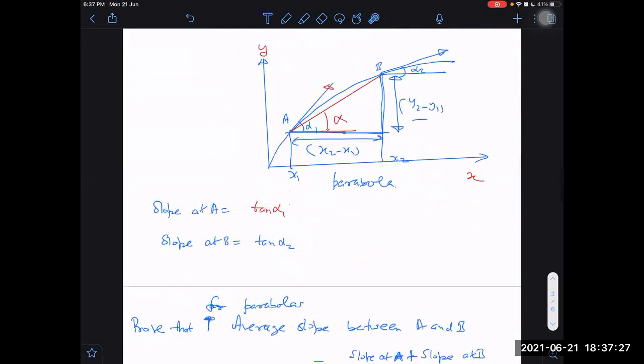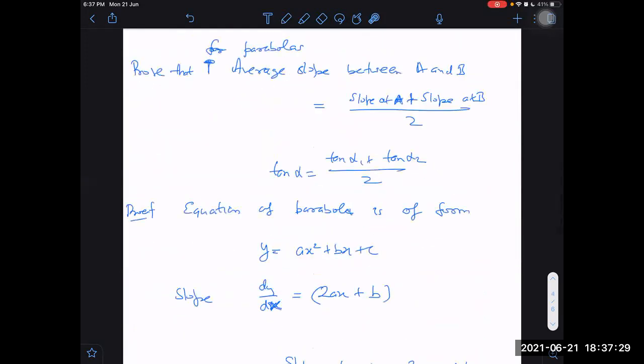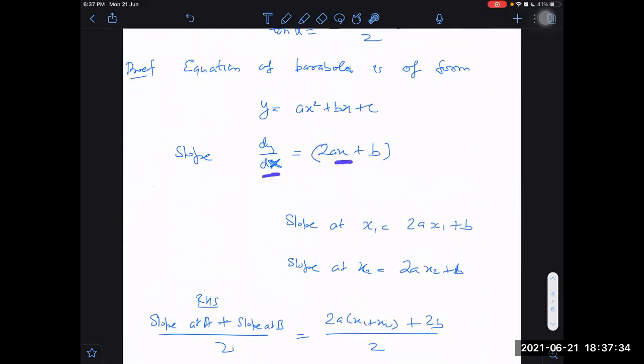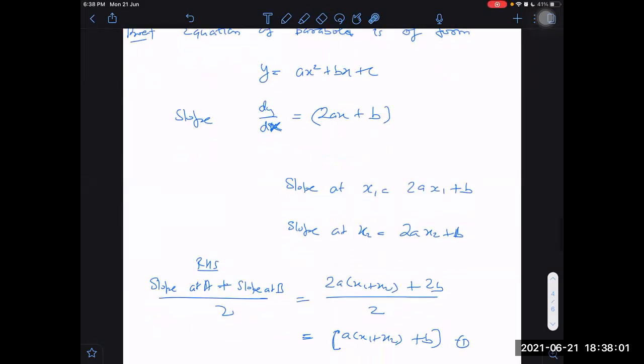Or I can tell you why it happened. Slope is a linear function in x. Whenever a quantity varies linearly, the average always comes out to be the first value plus the second value, meaning the value at the first extreme plus the value at the second extreme, divided by 2. That will be the average value in general for all such cases. Wherever the function is linearly varying, the average can always be found like this. That is how I was sure already that the average will be this only.